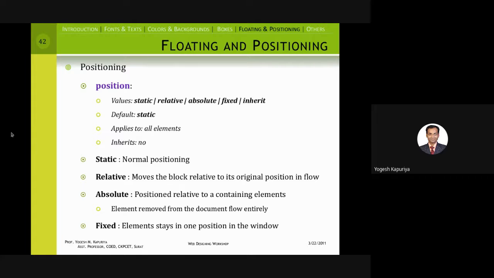So let's say I want to create this kind of a layout, let's say this is my presentation. There is one box here, then there is a left panel, then there is something like a navigation over here, then there is some title and then content. If I want to create this kind of a layout, then these properties are important: display, float, and position. So let's see what position is. Position means that it will actually decide the exact position of that element on a screen.